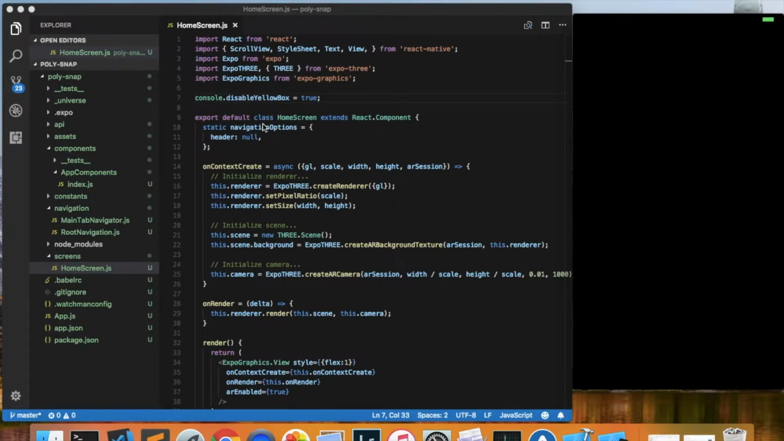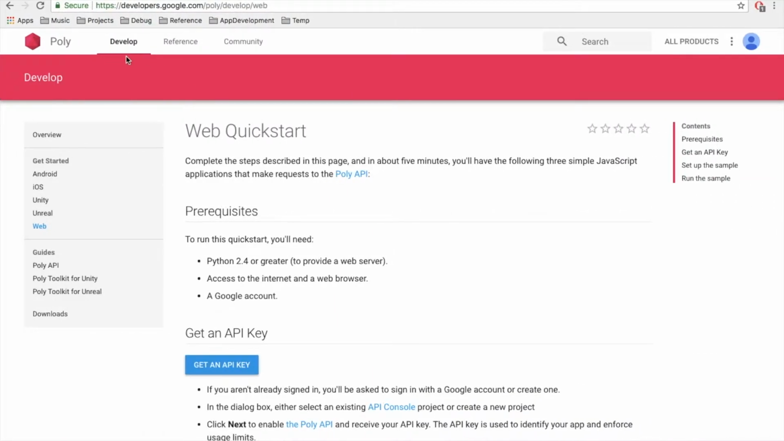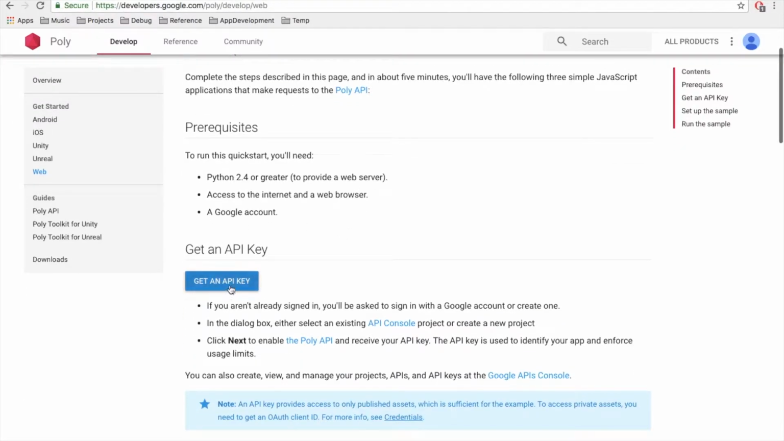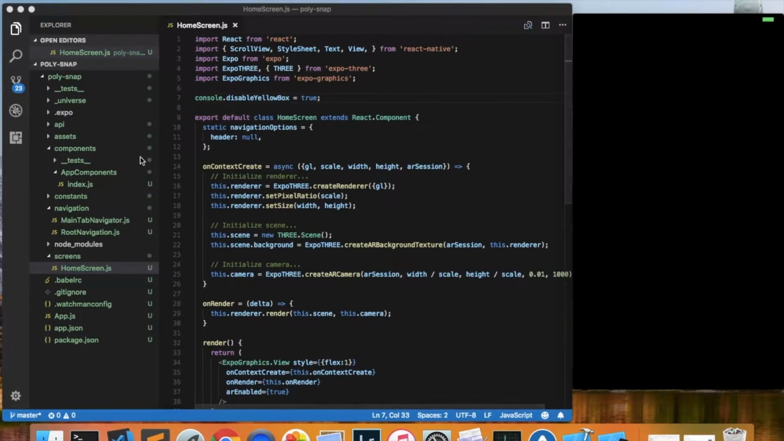Now we're going to investigate the Google Poly API, which is an API we'll be using to get 3D object information for our app. This is an API provided by Google, and you can find the documentation on developers.google.com/poly. First thing you need to do is click this button right here to get an API key, so go ahead and click that and get your API key, and then jump back over to your code,